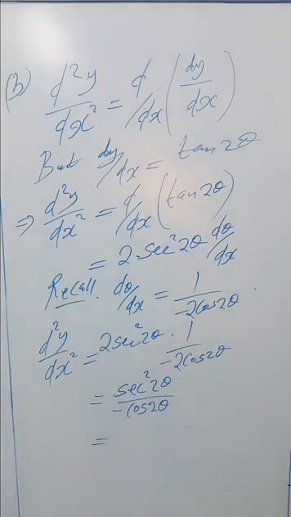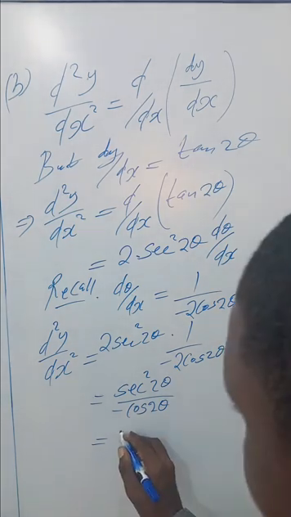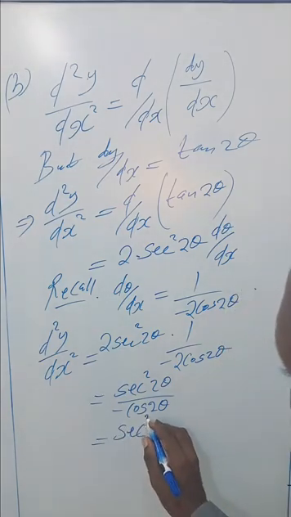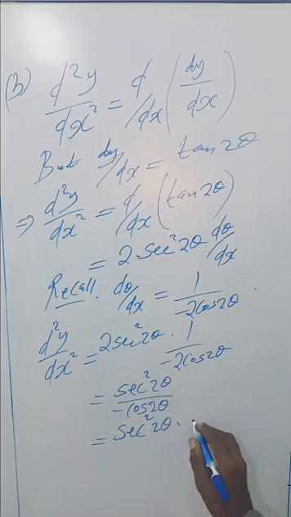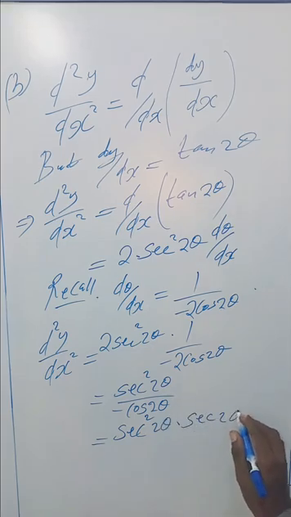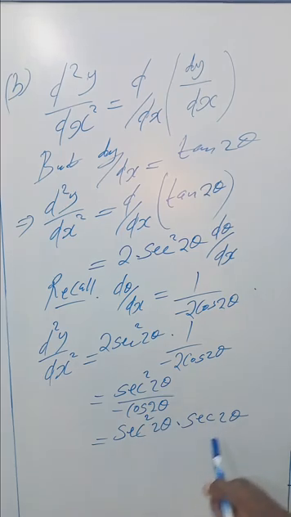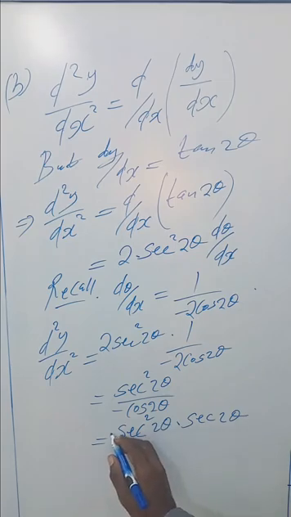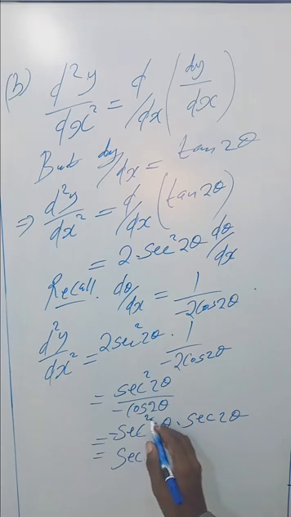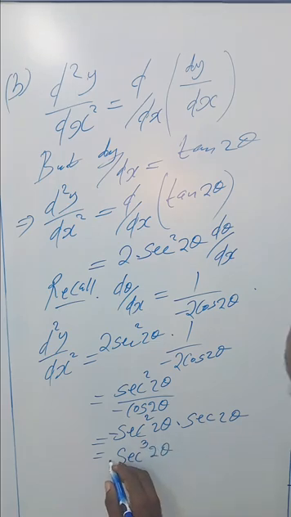Remember, 1 over cos theta is the same as sec. So this is the same as writing sec squared 2 theta times sec 2 theta. According to the rules of exponents, we simply add the powers. Here is power 1, here is power 2. Remember, there is a negative sign, so let's put a negative sign there. So this gives us sec to the power 3, then 2 theta. But don't forget to put